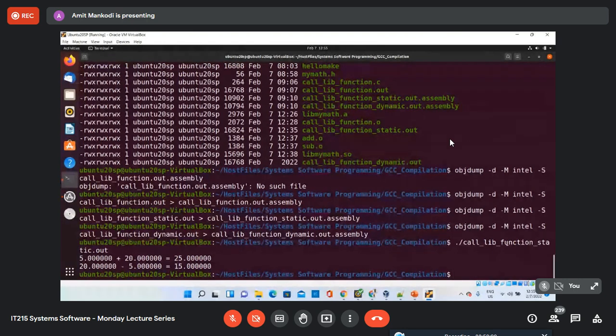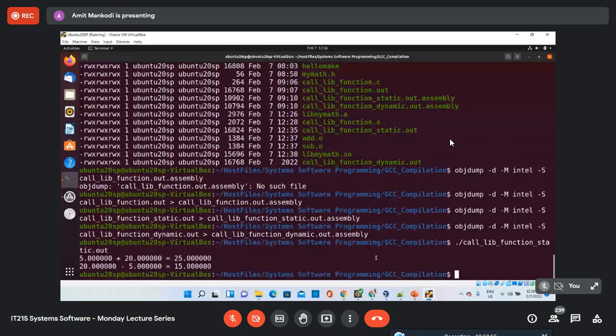library file is. See, because in the dynamic library case, the library file also is required at runtime, because at the time of the creation of the executable file, you have used the dynamic library, but that dynamic library also has to be loaded at runtime. Whereas in the case of a static library, there is no need to load the actual library in the memory, because the code itself is copied over here, right?